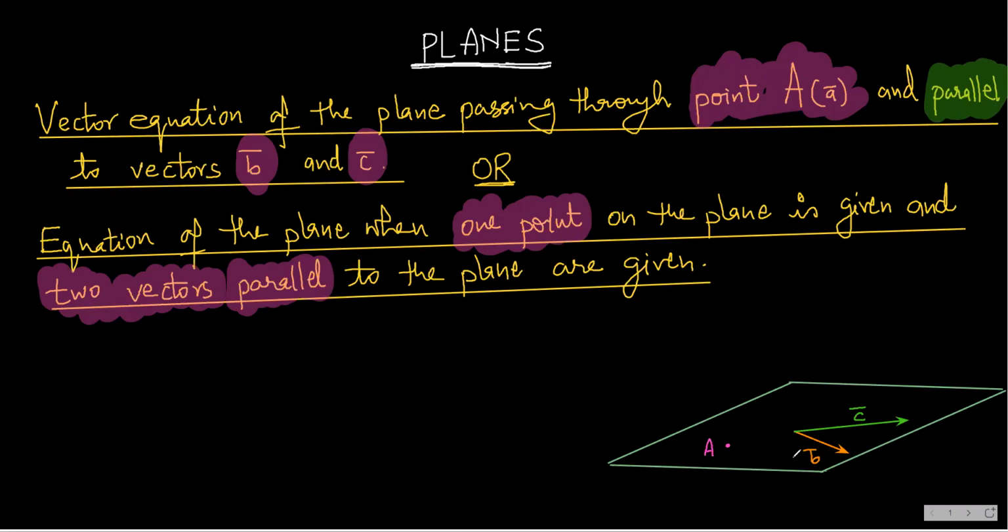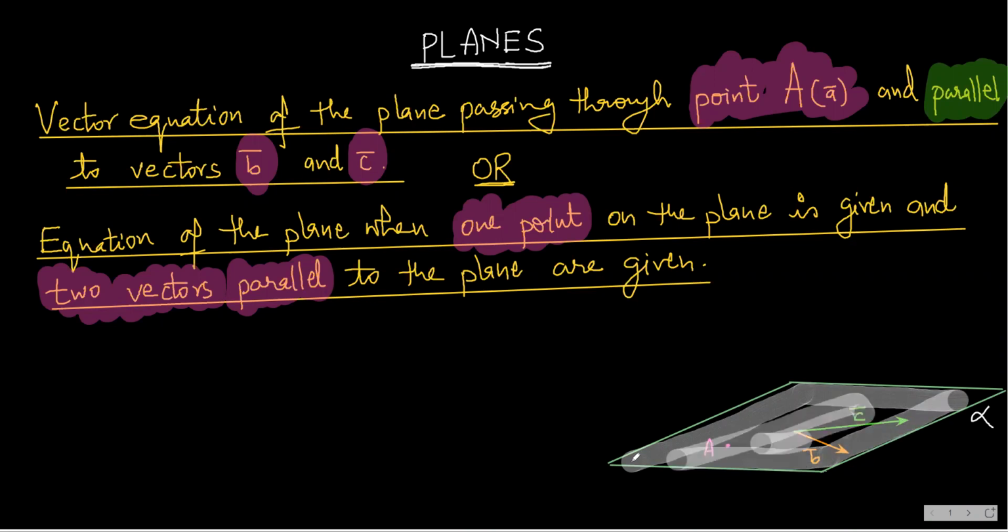See, we have a plane here. Let us name this plane as alpha plane. You check the plane. I'm talking about this plane here. You have the plane. See, this is the plane. Okay. Now in this plane,